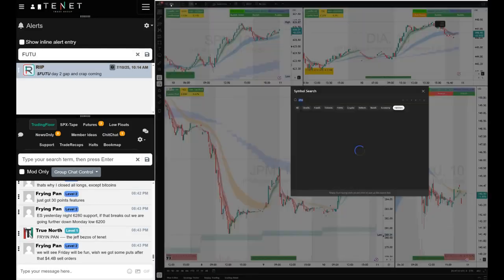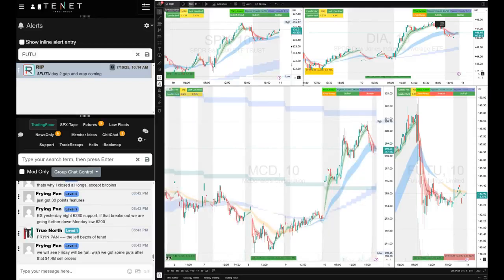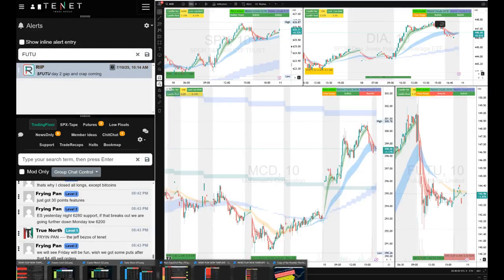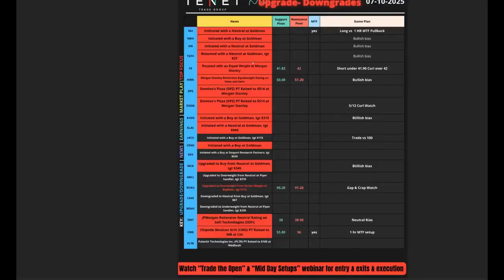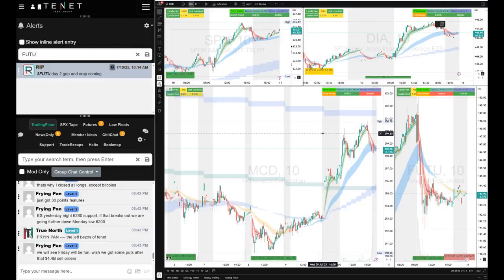There were many other trades as well. I just want to talk about Domino's Pizza, McDonald's. There were just too many plays today. You could just pick anything and do good. So what was Domino's and McDonald's? Domino's and McDonald's were upgrades by Morgan Stanley, and McDonald's by Goldman. Whenever there's an upgrade, you always watch it. McDonald's was also part of the Dow Jones. So the Dow Jones was strong, so it helped McDonald's, and it was also an MTF magnet setup, right? You see that from one MTF to the other MTF, it almost hit that MTF magnet. So that was beautiful.